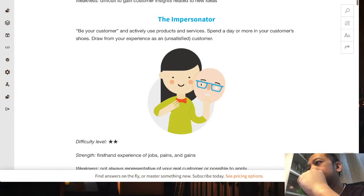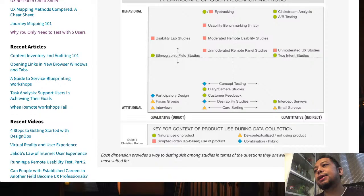Now, let's look at the fourth one. Impersonator. Be your customer, actively use your products and services. Spend a day or more in your customer's shoes. Draw from your experience as an unsatisfied customer. So, be the customer. Where would that be? If you want to be your customer,